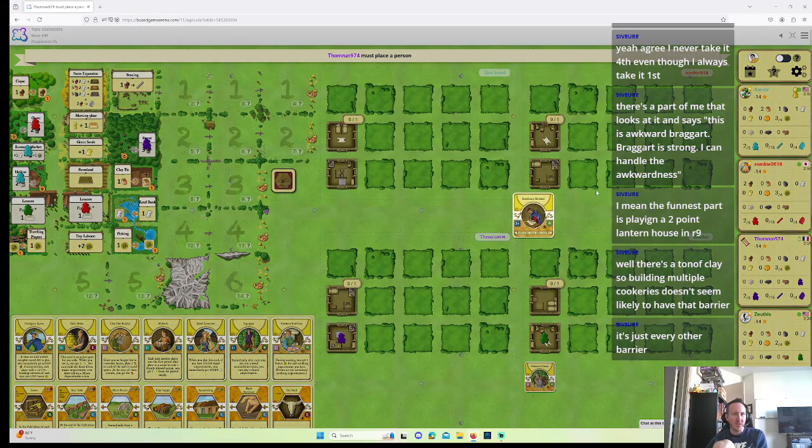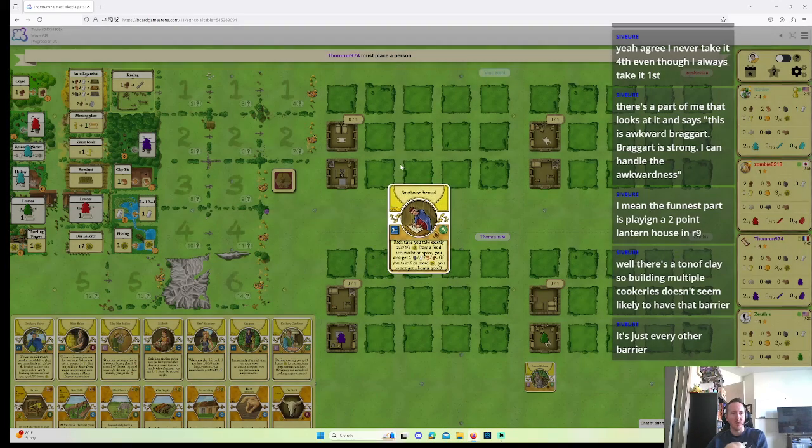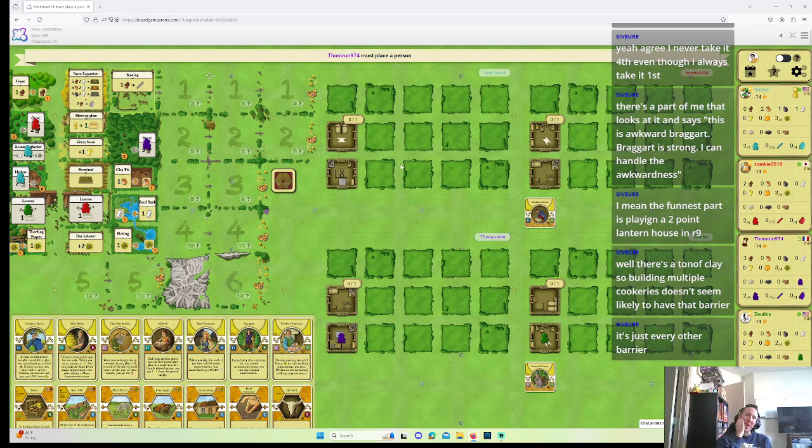I should actually read Storehouse Steward one more time just to make sure that I know how this works. Each time you take exactly 2, 3, 4, or 5. And if you take 6 or more, you don't get a bonus good. Okay, and you get stone. All right, so they're going to be bottom feeding and getting bonus goods, which is okay, but it's relatively weak